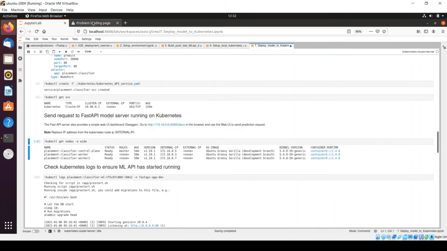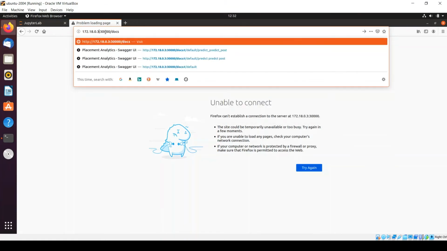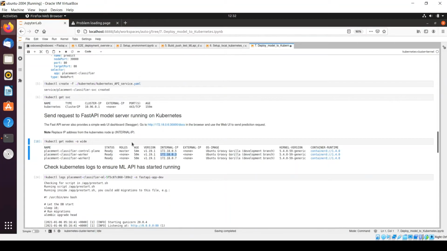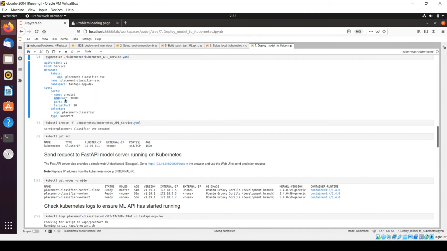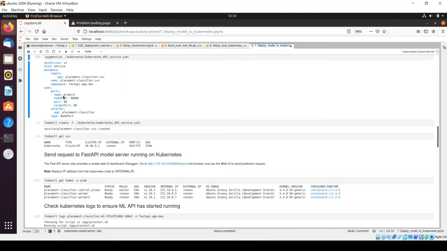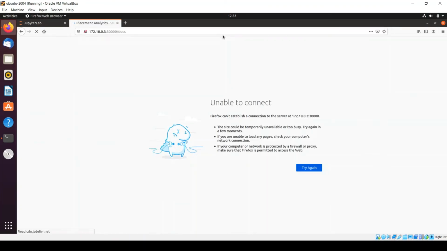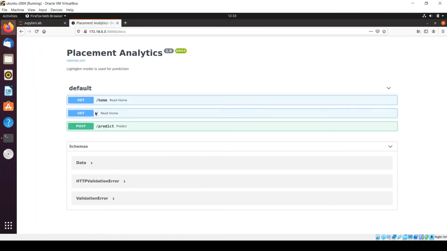So now what we will do, we will try to access Swagger UI. I'm just simply giving this one, and it has been exposed at this port, node port, and that's what we have defined here, node port. Node port is this, at this port. I have defined the node IP address, the node port which we have configured here, right, followed by docs. Simply run it. And now you can see that your application is running at this port, right?